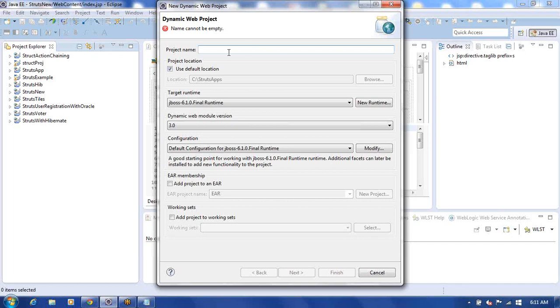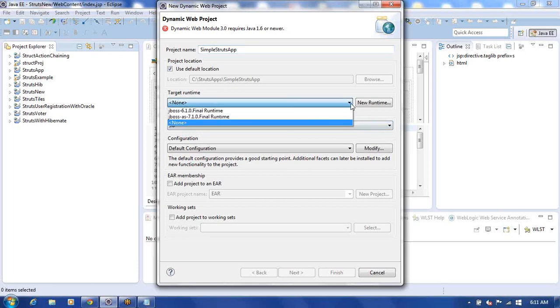This is going to be based on the... I don't give it anything. So here the project name I want to make like simple struts app. I want to make this as simple struts app. Okay. So here let me choose the runtime. The runtime is going to be